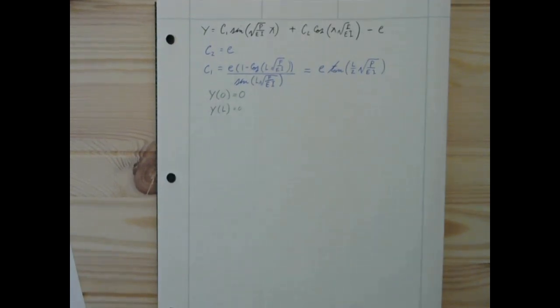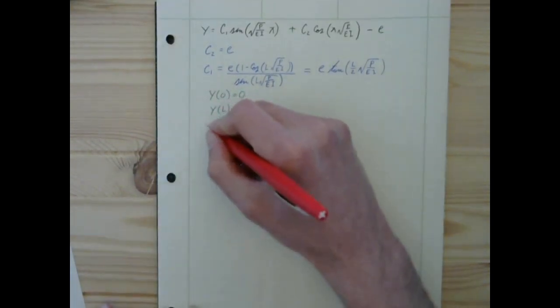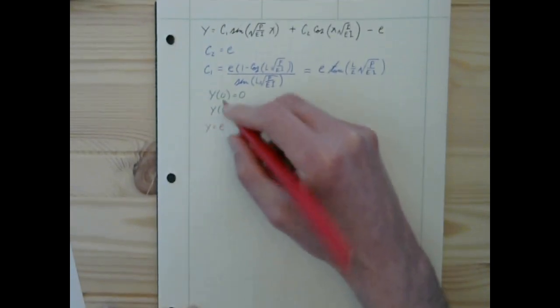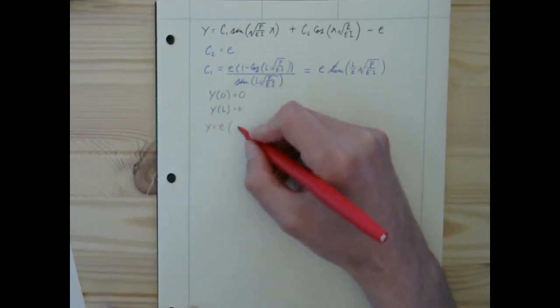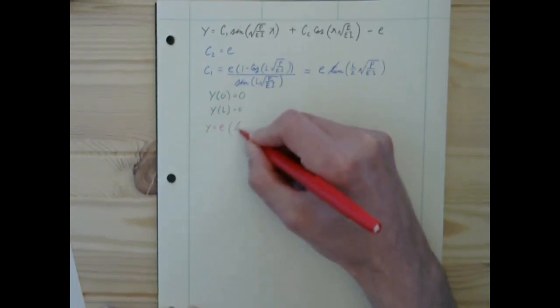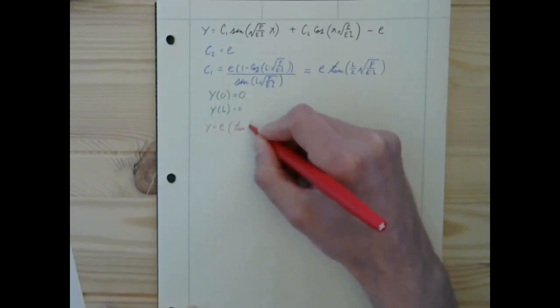So that means that overall our new deflected shape equation is going to be equal to the eccentricity times C1, which is the tangent of L halves